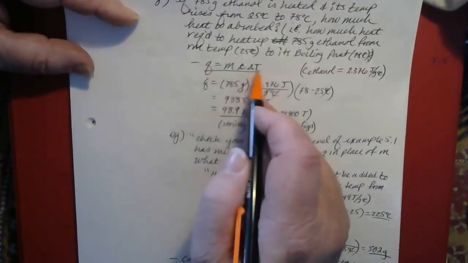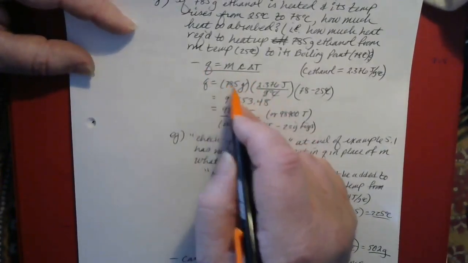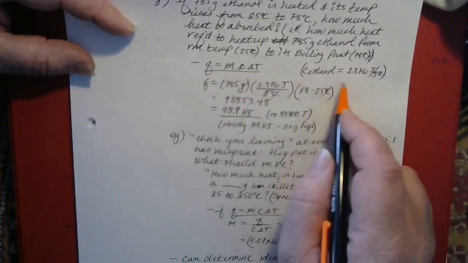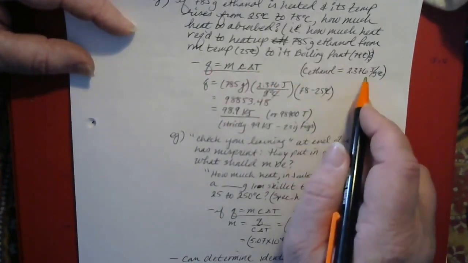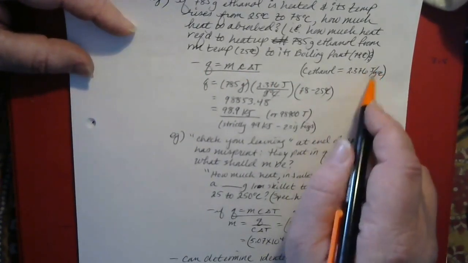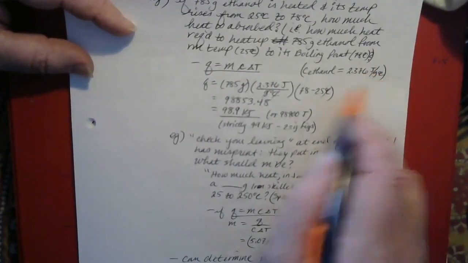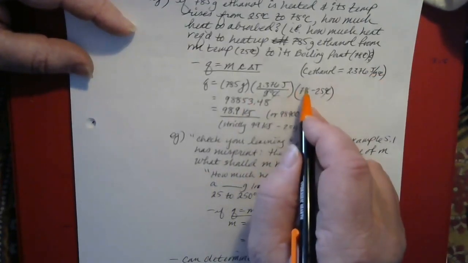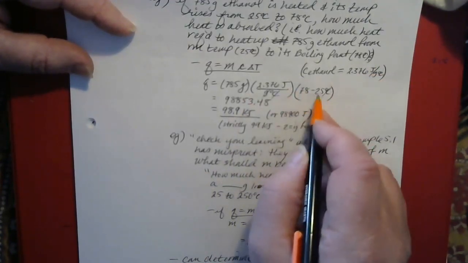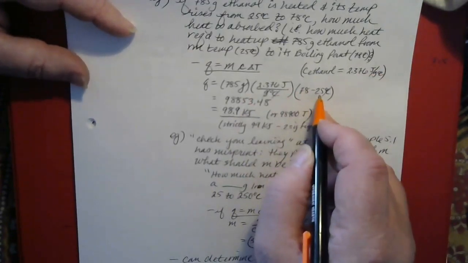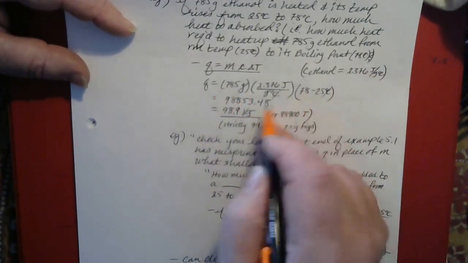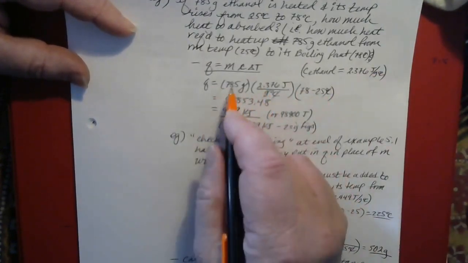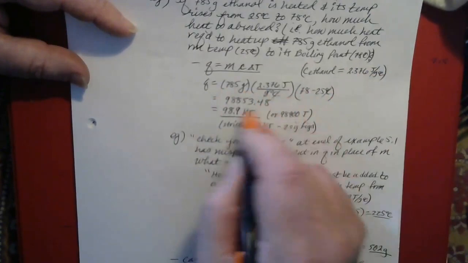Well, Q is just MC delta T. So the mass is 785 grams. C for ethanol, you can look up in the table, and it's 2.376 joules per gram degrees Celsius. And delta T would be final minus initial temperatures. That's 78 minus 25, and that's 53. Multiply the numbers together and you get